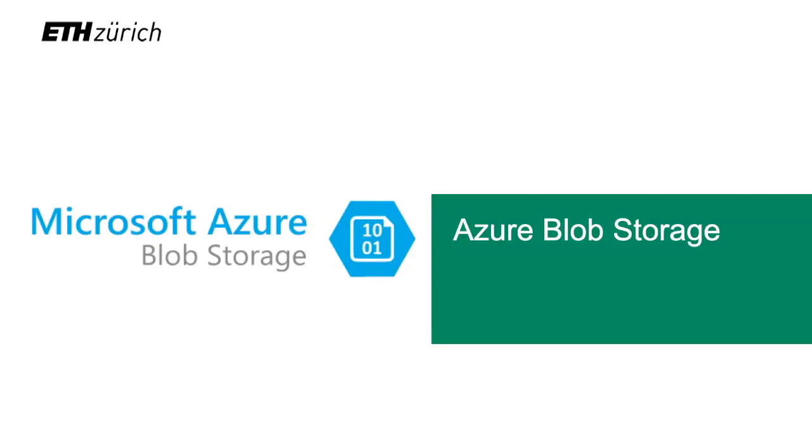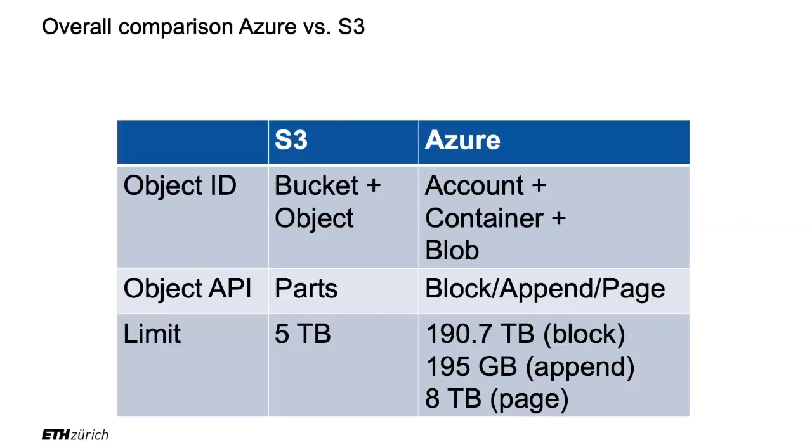So I just want to very quickly, there's not so many slides, very quickly and high level, explain a bit how the blob storage is stored. The first thing I want to say is that on the high level, they're pretty much the same. They are cloud storage services that allow you to store objects. There is a few small differences. For example, in the case of S3, to identify an object, it's a bucket ID plus an object ID, right, on S3. Two things. On Azure, it's three. You identify any object with your account.